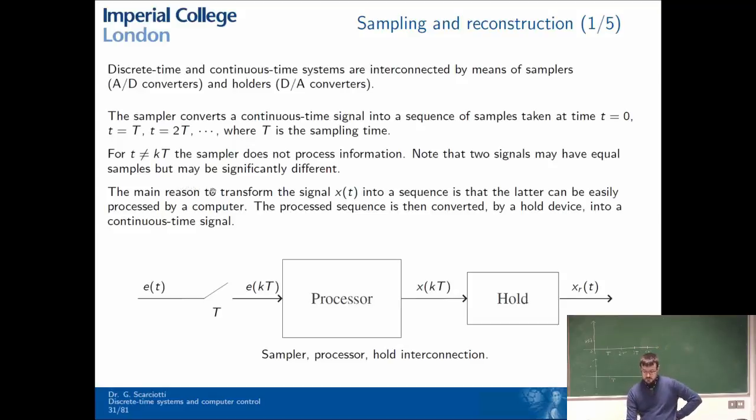The main reason, obviously, why we want to convert a continuous time signal to a discrete time signal and introduce approximations is that we have a benefit. The benefit is that we can process the signal with a microcontroller. I explained in the first lecture the advantages of a digital control system with respect to an analog control system. So the basic scheme is that we have a processor that takes discrete time signals, so we have to sample our continuous time signal. The processor will give us a discrete time signal, and then we have to reconstruct the continuous time signal